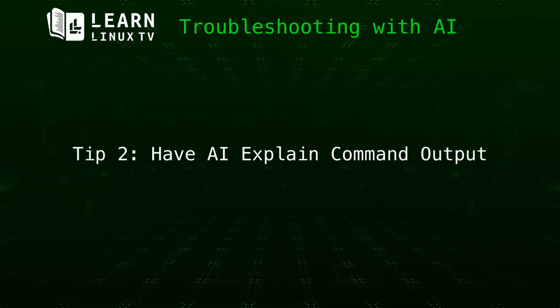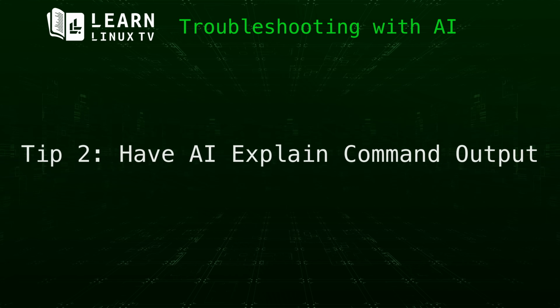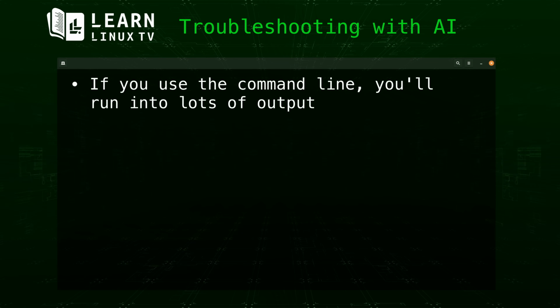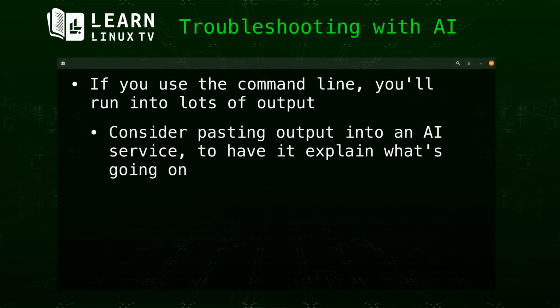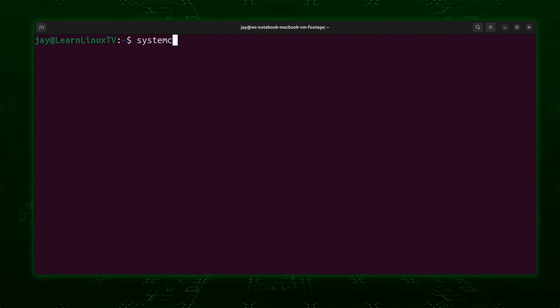And now it's time for my second tip, which is using AI to explain output that you might receive from terminal commands. As seasoned Linux veterans know, there's a ton of things to keep track of, and when you're working with the command line, you may end up in a situation where you're not sure what exactly you're looking at, and you might need some help to wrap your head around it. For example, let's say you're working with a systemd unit, and you check its status. You might see output that looks something like this.